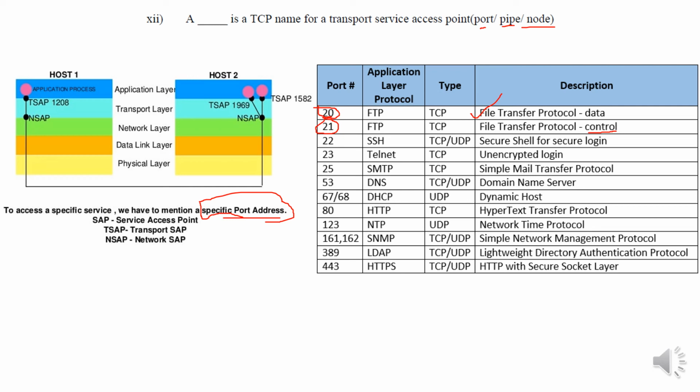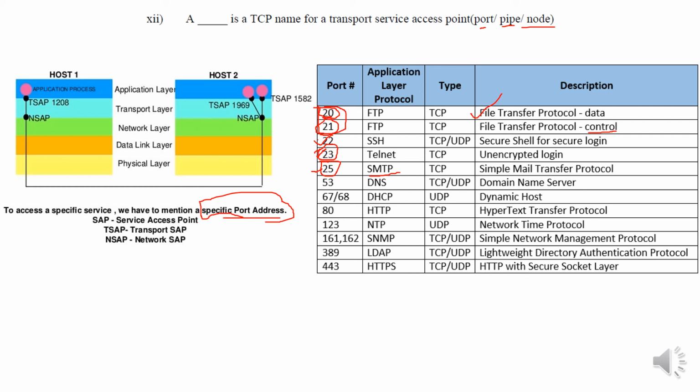Similarly, for SSH, secure shell, port 22, for telnet port 23, these are very important. You should actually copy it in your notebook so that you can refer to it later. These are all very important. Like SMTP, simple mail transfer protocol, port number 25. This normally comes in questions, not in this question, but it may come anytime. This telnet is 23, this is also important. Similarly, FTP is 20 and 21, these are important. SSH is 22, that is also important.